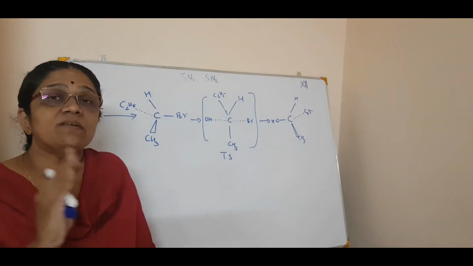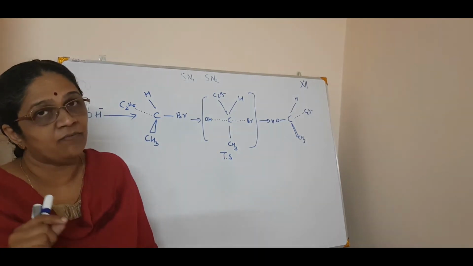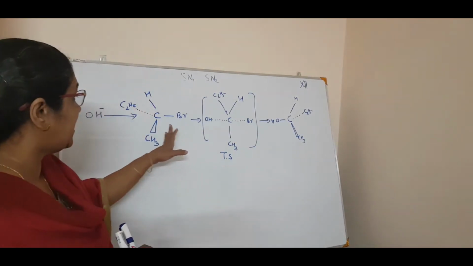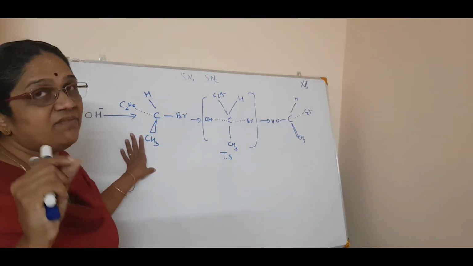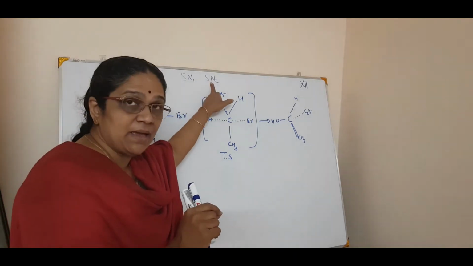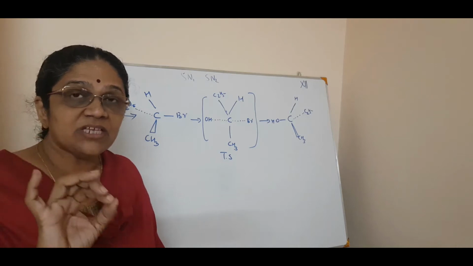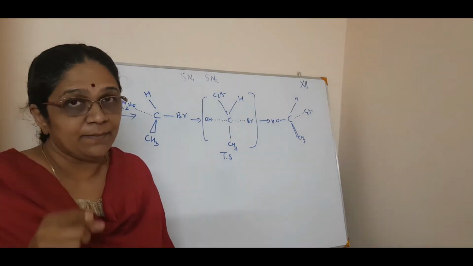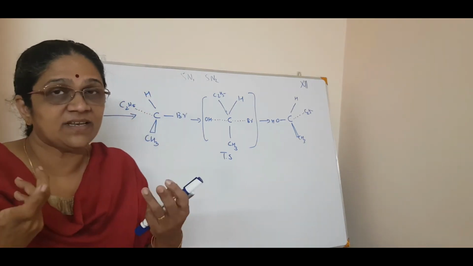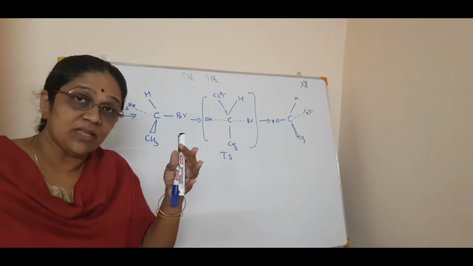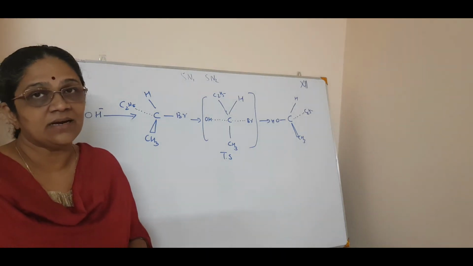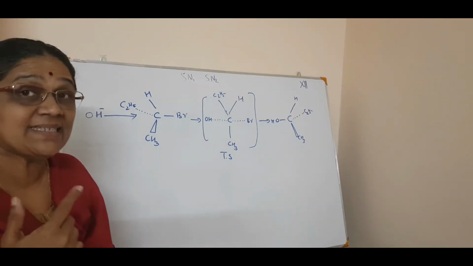So it is the same as what we have studied in the general case, so it is easy for you. We are now studying an optically active alkyl halide. When a nucleophile attacks, if the SN2 mechanism happens, inversion of configuration happens. And what is the reactivity? Primary greater than secondary greater than tertiary. What is the reason? Due to the steric effect, the nucleophile cannot come when it is a tertiary alkyl halide. Clear? Okay. Now we will pass on to the SN1 mechanism.